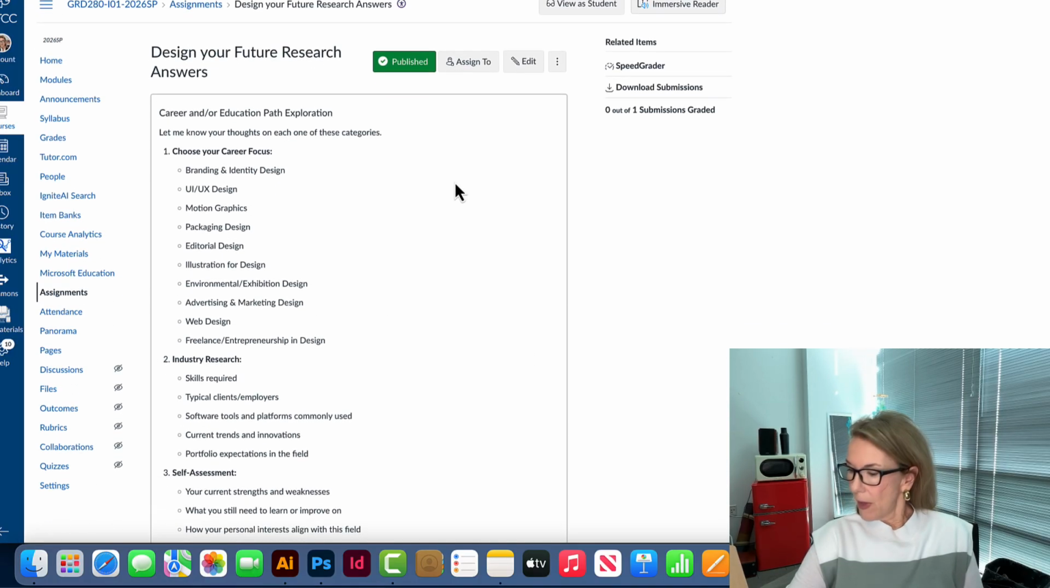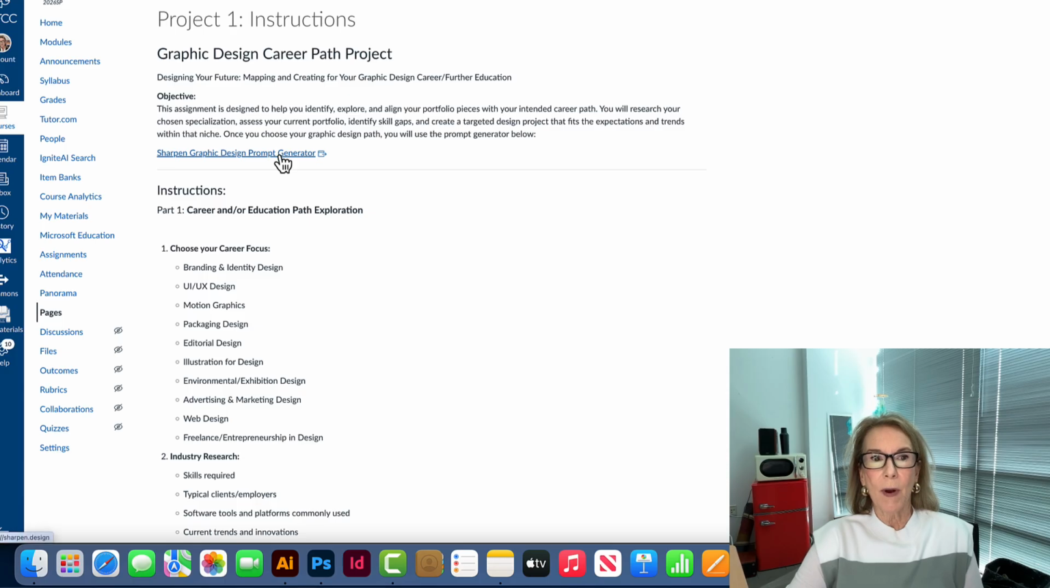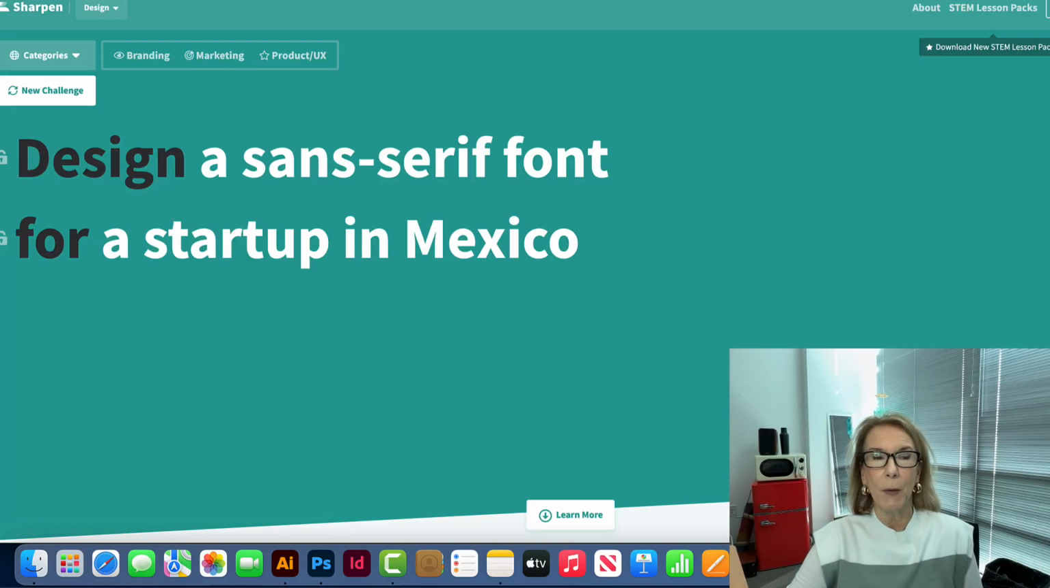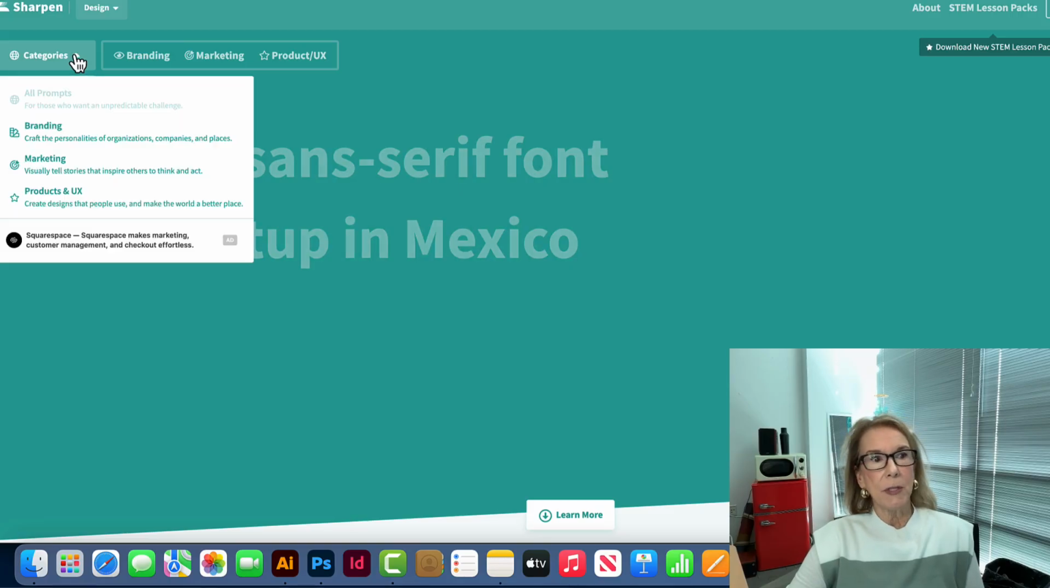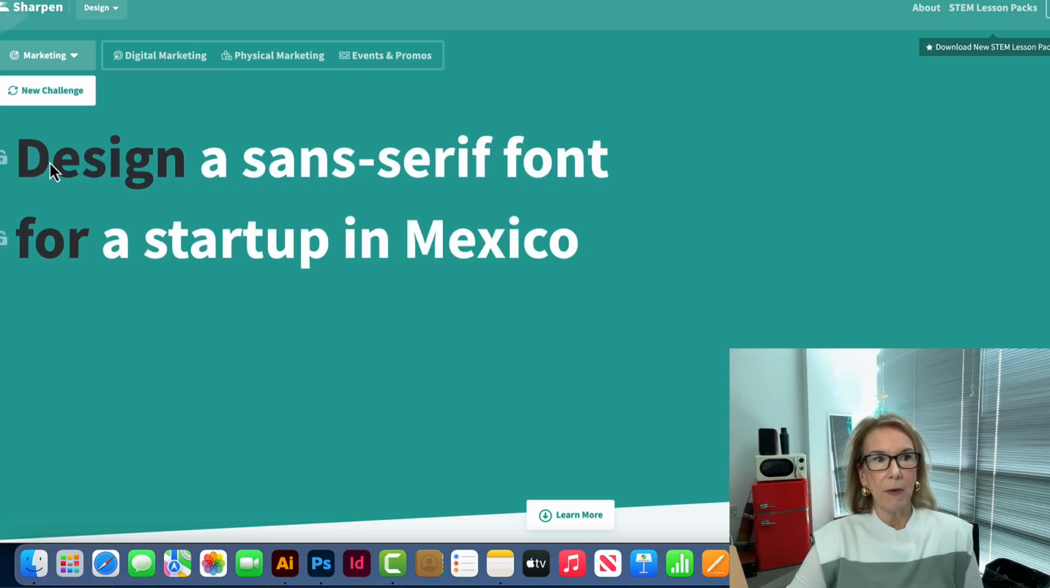So that is our first step. The second step is to use the prompt generator. This is going to give you a subject or theme that you might want to work with, because some people are like, I don't know what to do. This is for you. So jump on over to Sharpen, and this is going to give you different categories. You can choose any one of these. Obviously they don't have illustration, which is annoying, but I'm just going to use marketing,